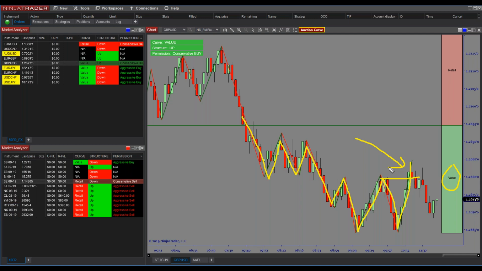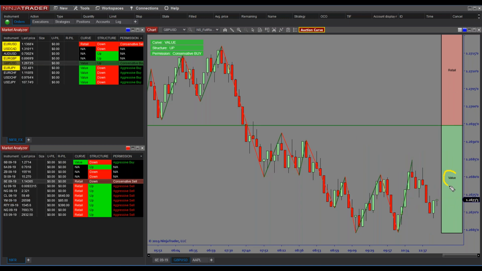So what does this mean? This means that I can now start thinking like a professional buyer waiting for confirmation. So then I would go into my strategy and identify, is there a support level in here? Is there a demand zone in here? Is there a fib level in here? Is there anything for me to want to get long this market? Because if I do, I'm in cheap territory and I have everything telling me that the buyers are controlling the market here. There's a support level right here.